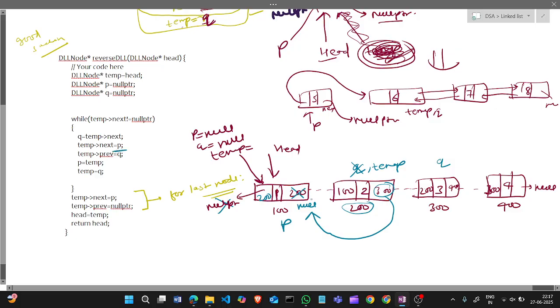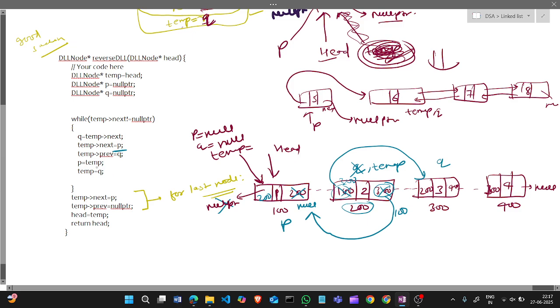Now temp previous, I will put 100, and temp previous as q is this, so here is 300.